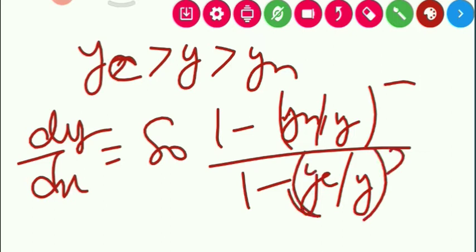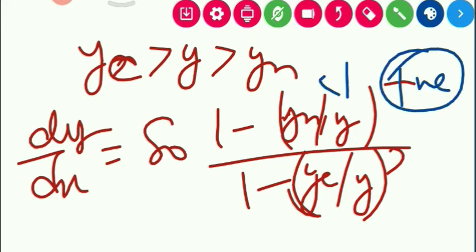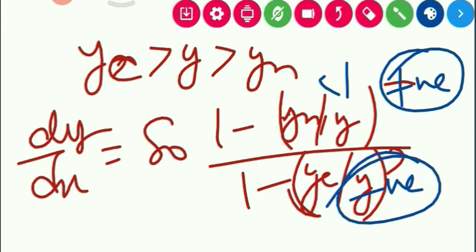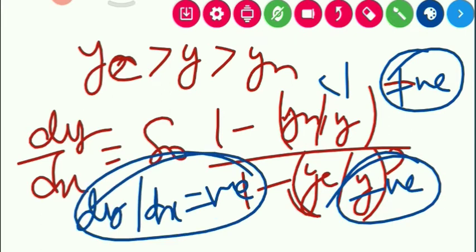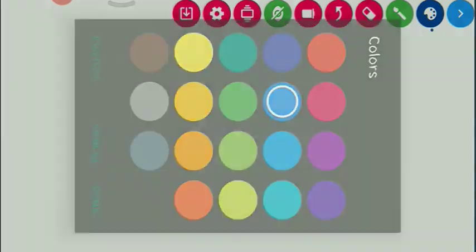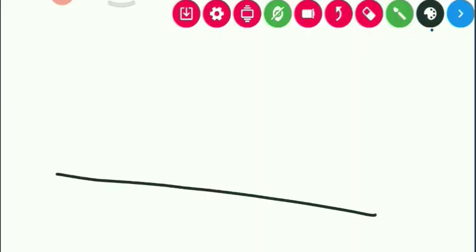Then y is greater than yn, so this term will be smaller than 1, so this term will be positive. And here yc is greater than y, so this term will be negative. So overall dy by dx comes out to be negative. Okay, so this will be a falling curve. So if you draw the M2 profile, what we get in zone 2,